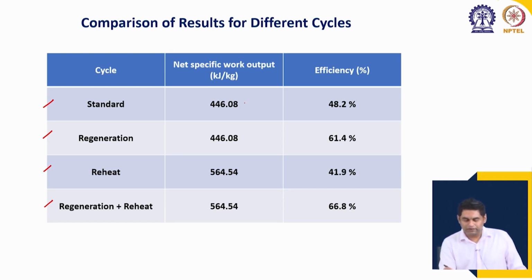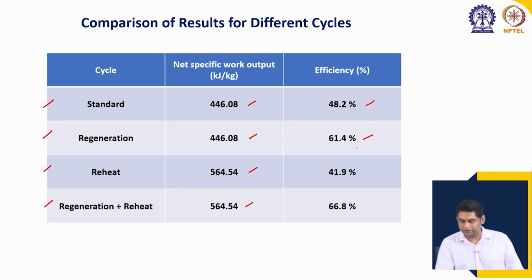Okay. We see that as expected the net work output for the standard and regeneration cases are equal to 446.08 kilojoule per kg, whereas for the reheat cycle and regenerative plus reheat cycle it is significantly higher. The numerical value is 564.54. Okay, so more than 25% higher. For efficiency, the standard cycle has an efficiency of 48.2%, which increases considerably to a value of 61.4% when we add